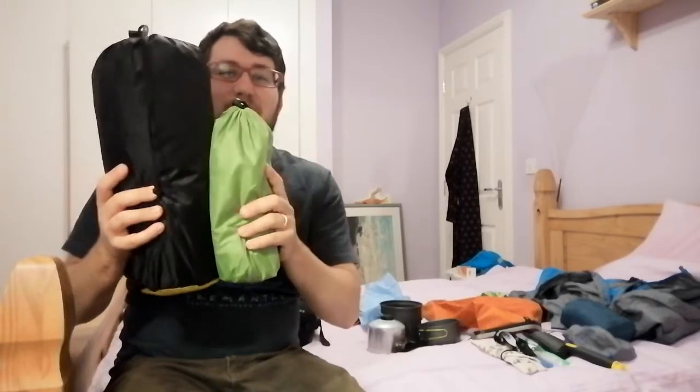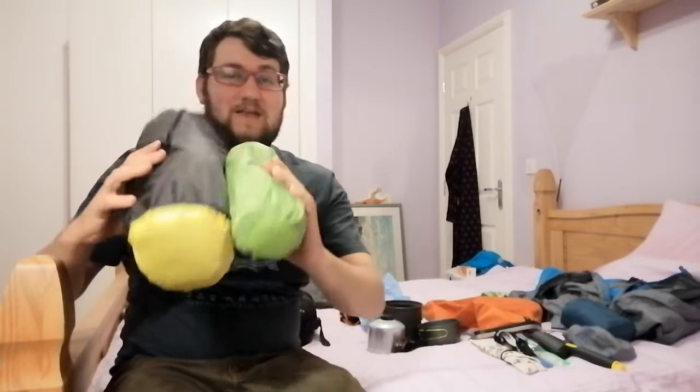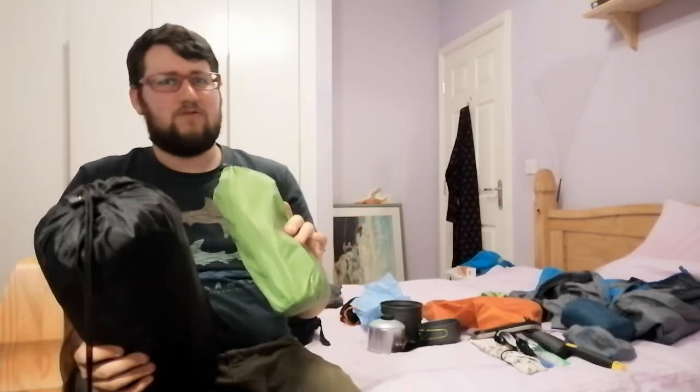So, considering that 80 quid, I can probably halve the weight again, because this is 1.5 kilos, and these are just over 800 grams for these two tents. So I'm pretty much halving the weight and size again for another 80 quid. If you are confident that you're going to like lightweight backpacking and really want to get into it